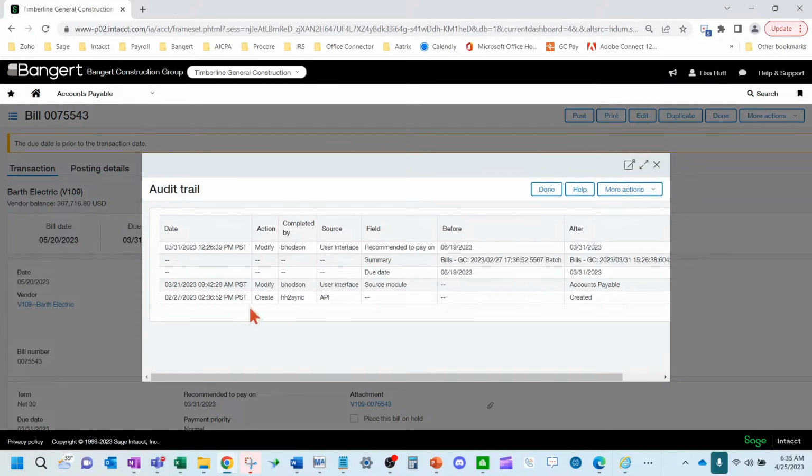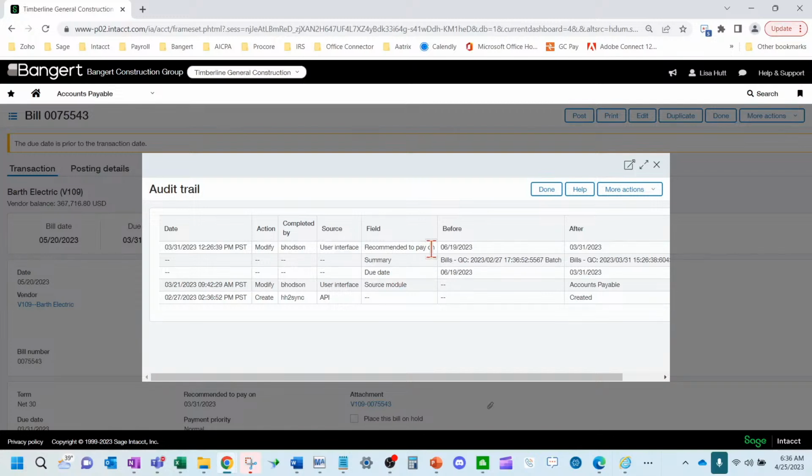And we can see that on the 27th of February, this user created the bill inside of Intacct. So that was probably created in the HH2 paperless system, came down and synchronized. Brett came in and modified it for some reason.